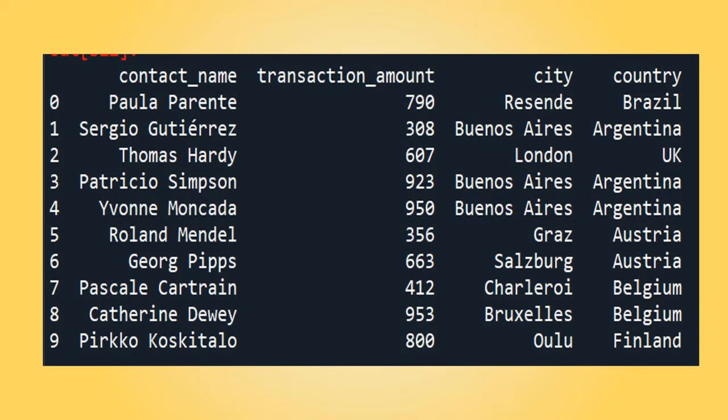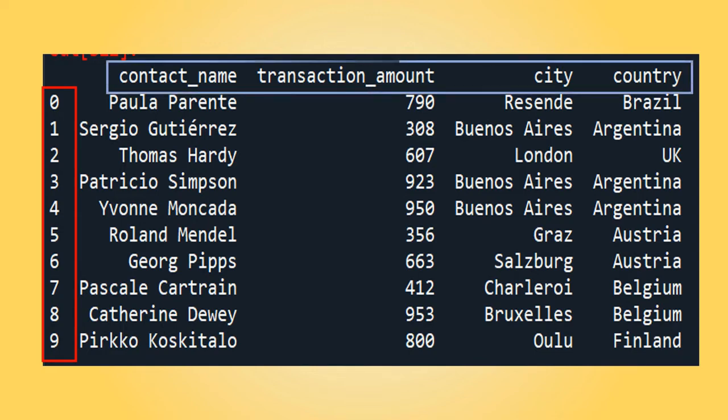Let's first have a look at a data frame and try to understand its elements. This kind of data frames you will get in pandas, and the number you see over here indicates the index of this data frame, which is nothing but the row number generated by default by pandas.